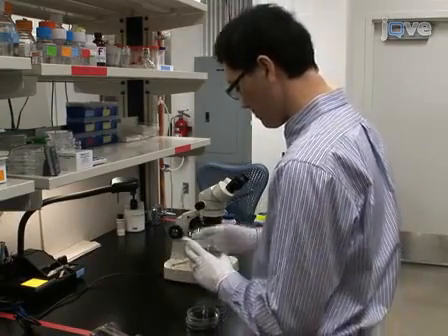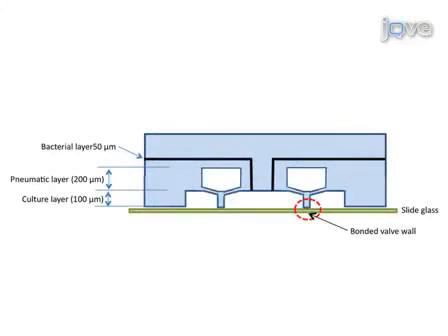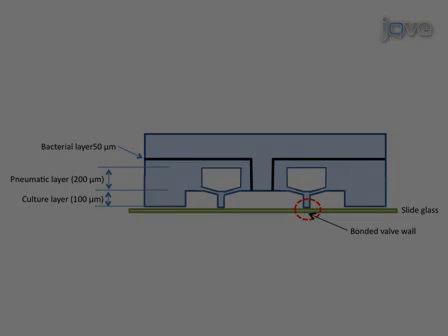Molds for 2 membranes, for the eukaryotic cell culture layer and the pneumatic layer, and 1 bacterial channel are required for the tri-layer device described in this protocol. The channel heights for the bacterial, pneumatic, and eukaryotic cell culture layers